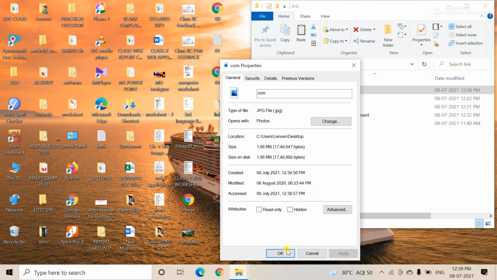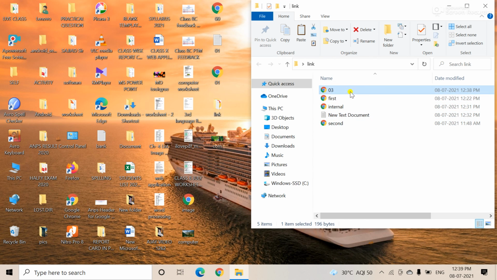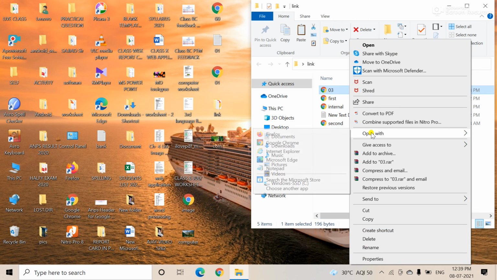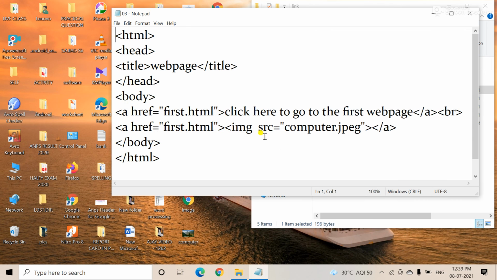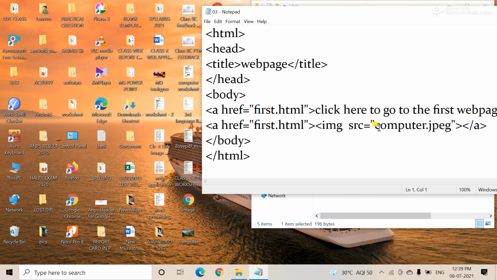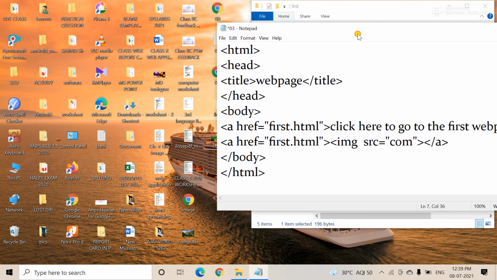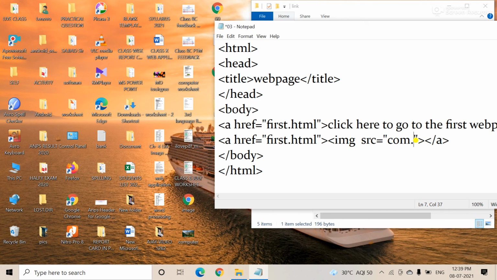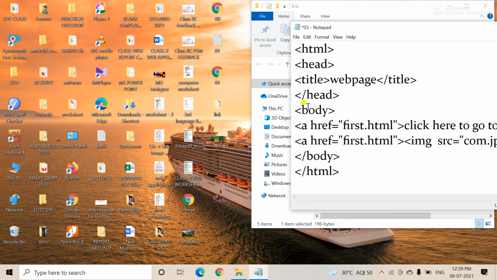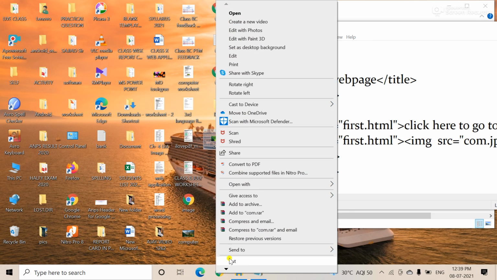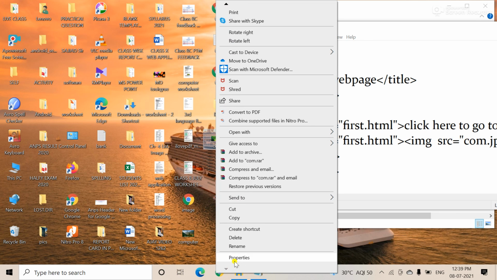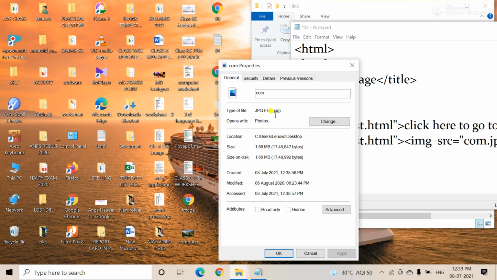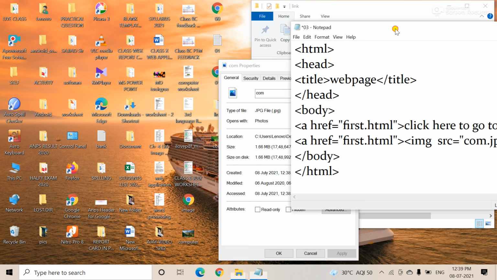Okay, I am showing you. Right click, then open with Notepad, and you see com. I am changing the name to com.jpg. Again we verify: right click over there and check, jpg.